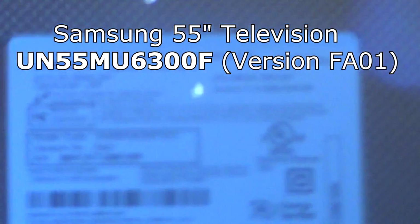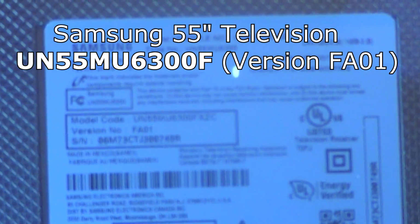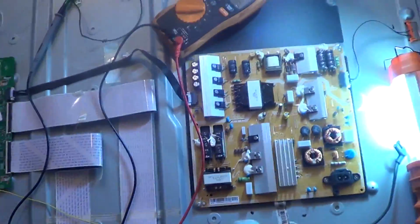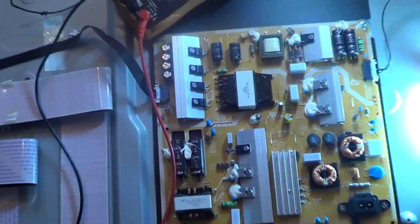Okay, sorry, you probably can't see the model number too good. It's a Samsung UN55MU6300F, 55-inch Samsung LED TV, and on the dead TV set where there's no clicking, no lights, no nothing,